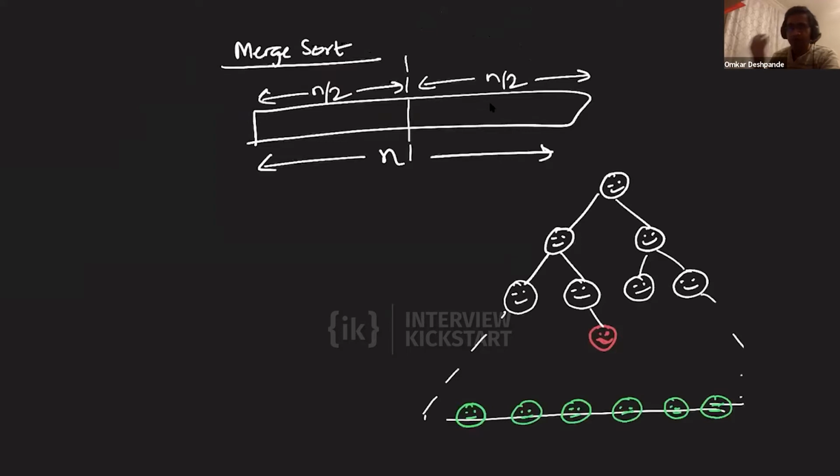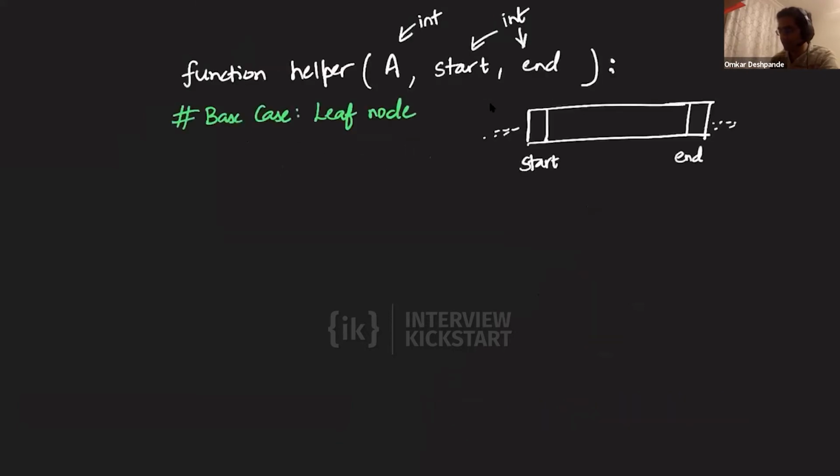Well, if the subproblem size that we are given is very small, let's say just one number or maybe nothing, just a zero element subarray, then we are in the base case, right? So what is a one element subarray going to be? If we imagine shrinking this white rectangle to a single element, that means the start and end indices will coincide. And if the start index exceeds the end index, then it's like there is nothing there at all,